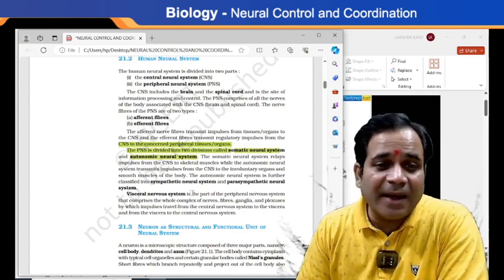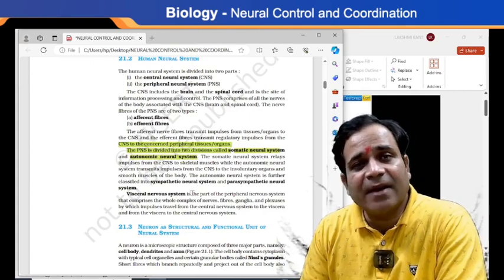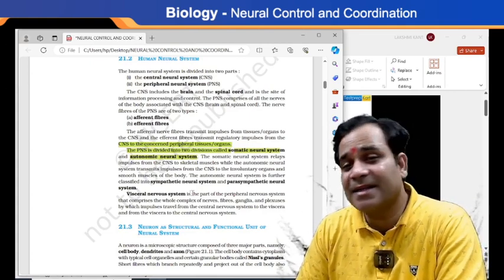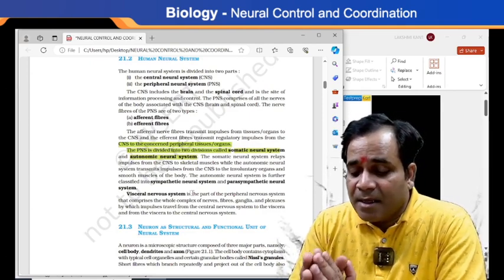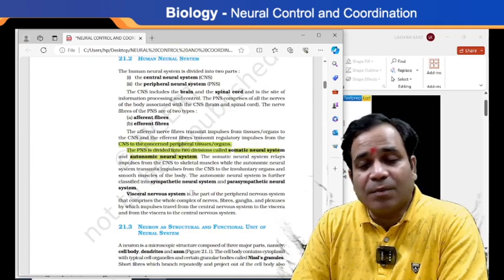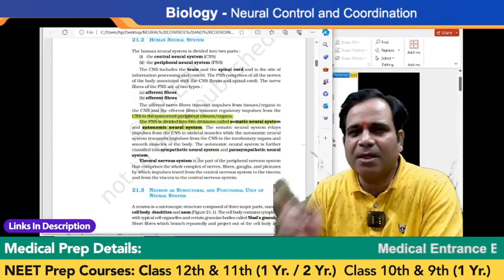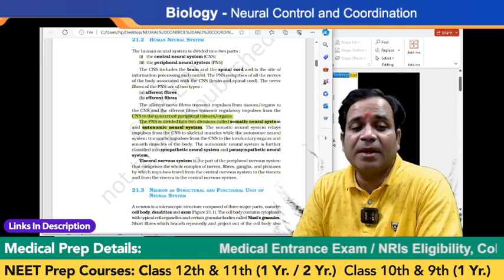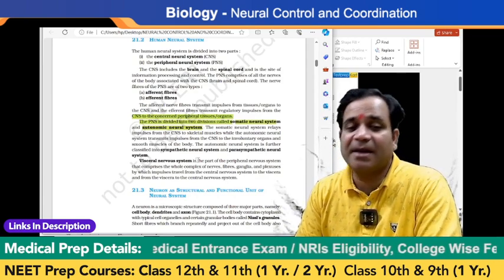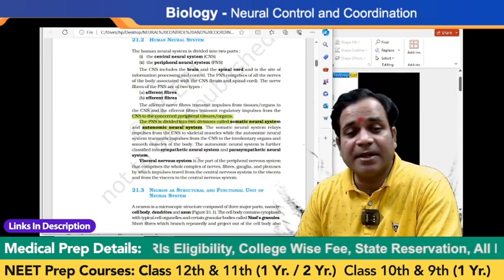While the ANS, autonomic nervous system, my dear, is further classified into two parts. One is the sympathetic, second one is the parasympathetic nervous system. Sympathetic and parasympathetic are both antagonists. Means what? Totally different nature. But we do not have to know here the sympathetic and parasympathetic in detail, my dear, because we already have discussed it in standard 10th also.